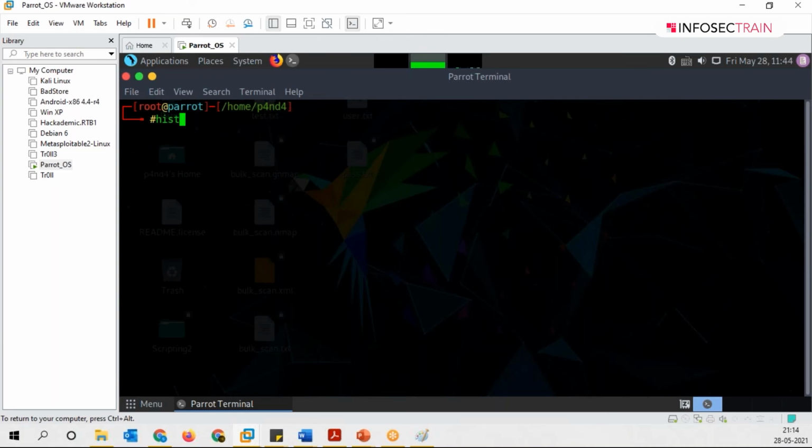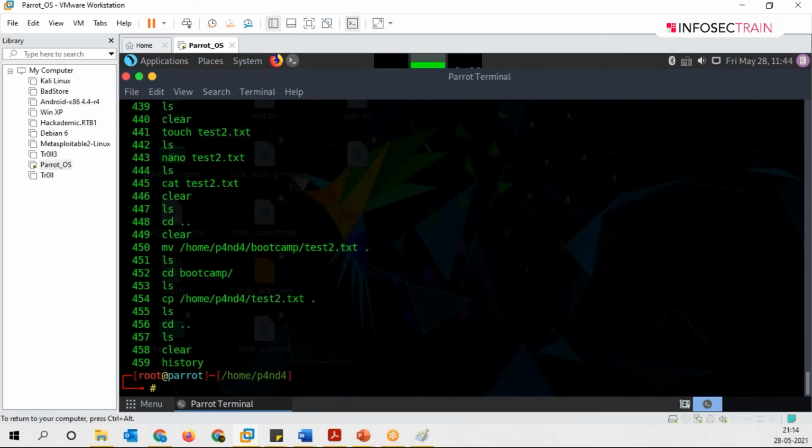Let me clear it up, and moreover, just one more. If I write history, it will show you the previous commands which you have used. It will give you the list of all those previous commands. You can see, we just used clear, ls, cd dot dot, ls, cp, ls, cd, ls, move and these things.